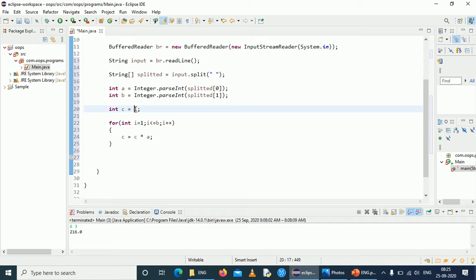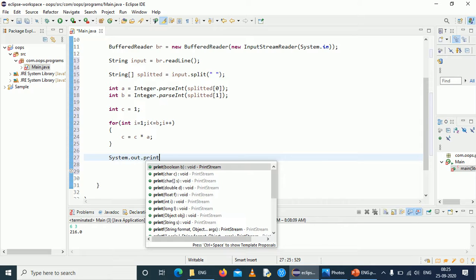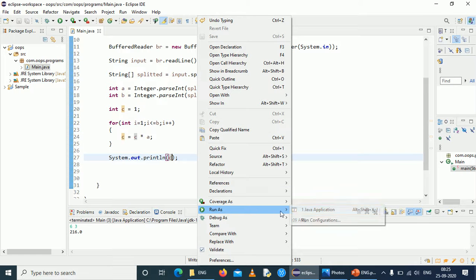Initially c will be 1, then the first time it is multiplied with a, c will become a, and then a will continue to be multiplied till the loop iterates b times. That's all. This is our own concept.